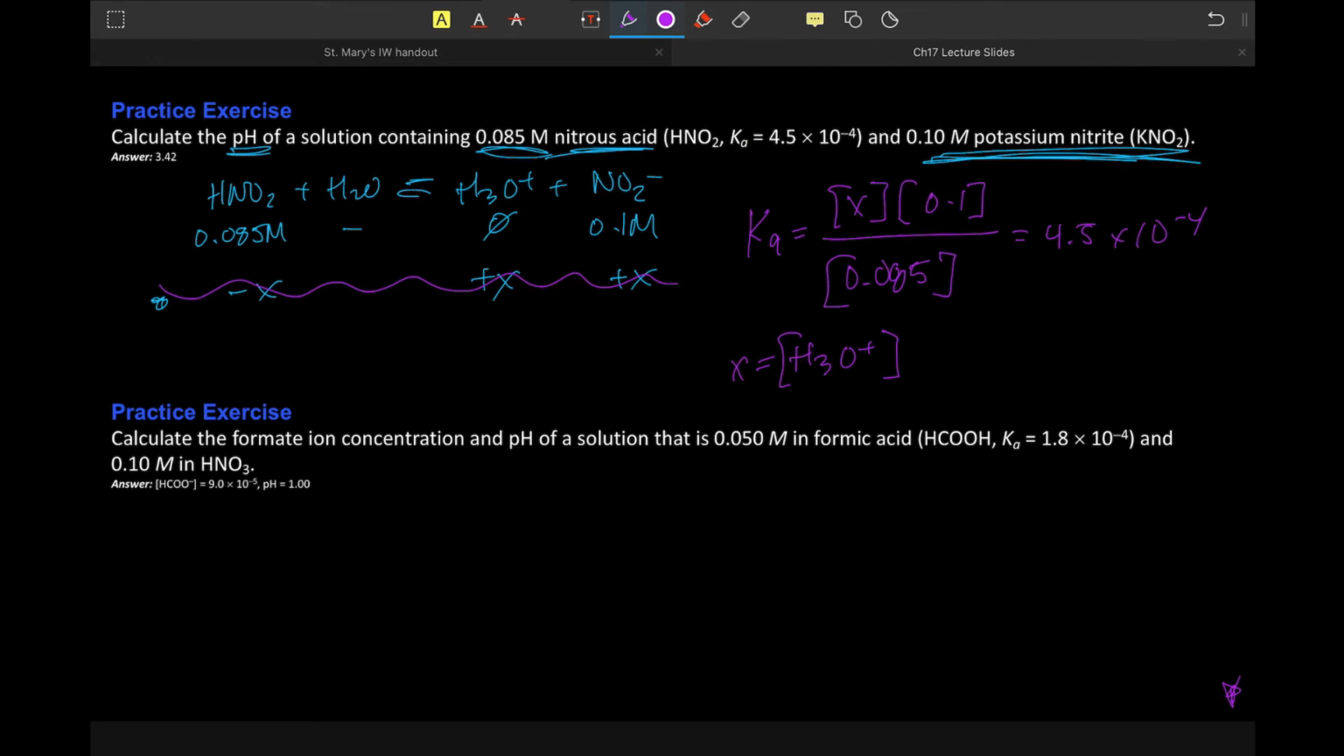All right, next up, calculate the formate ion concentration and pH of a solution that is this concentration of formic acid and this concentration of nitric acid. At first you're like, oh, it's the same, and then you look at it like, ooh, maybe it's not the same. So let's start by writing out the reaction like always. So formic acid, we have HCOOH plus water, and that's going to give us this because that's our weak acid, because it's not one of our strong ones,